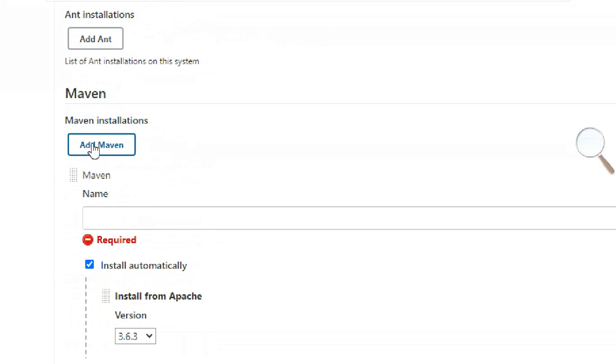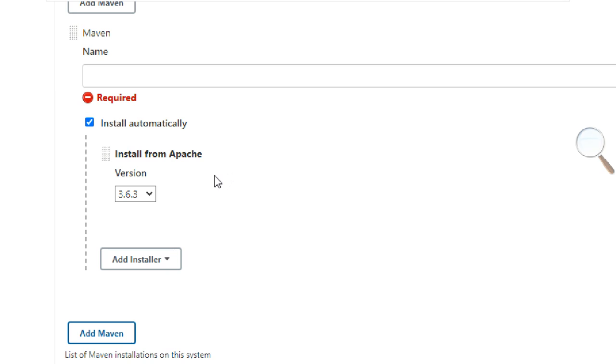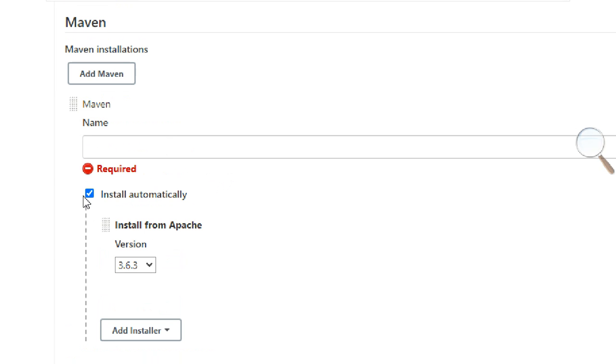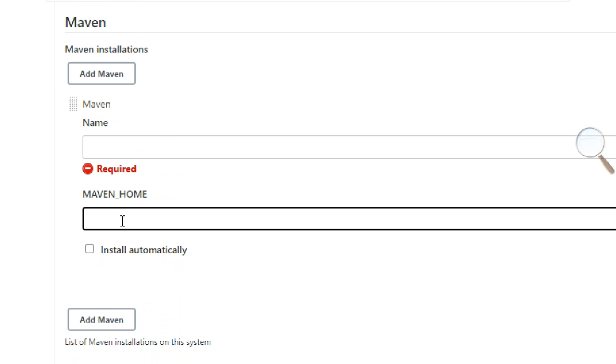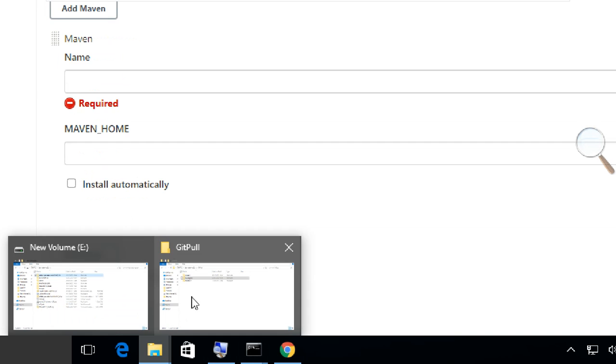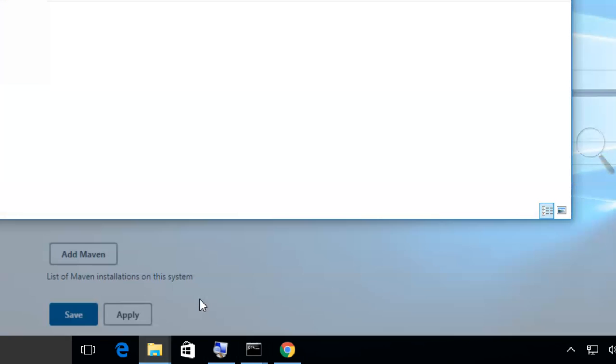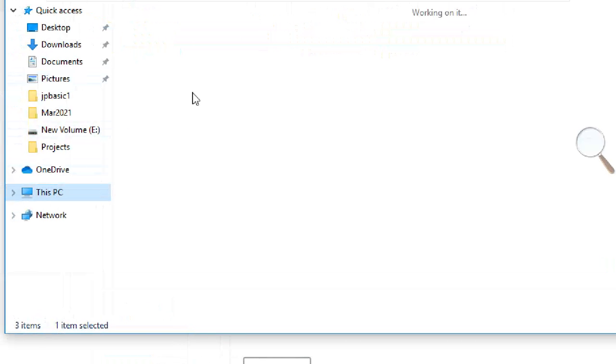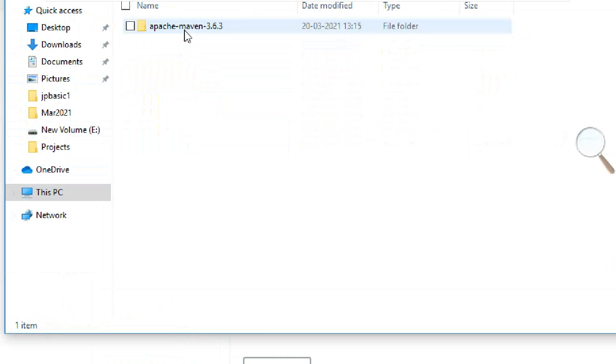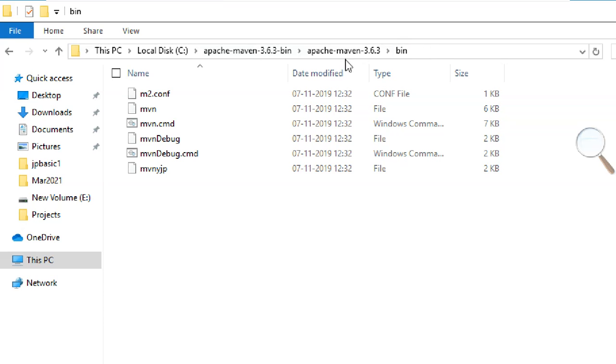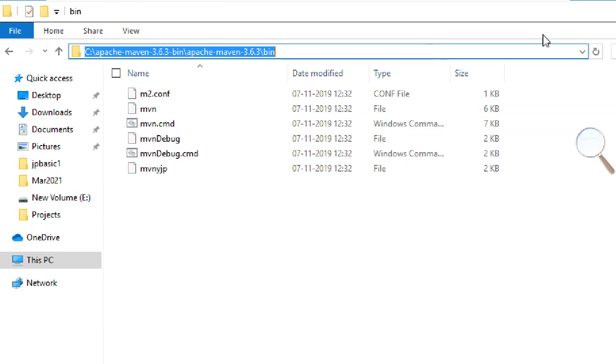This is where we get it. Already installed, right? So you need to install it. So where is the Maven home? The location. You should give the location. I put it in a C drive. This is the location.